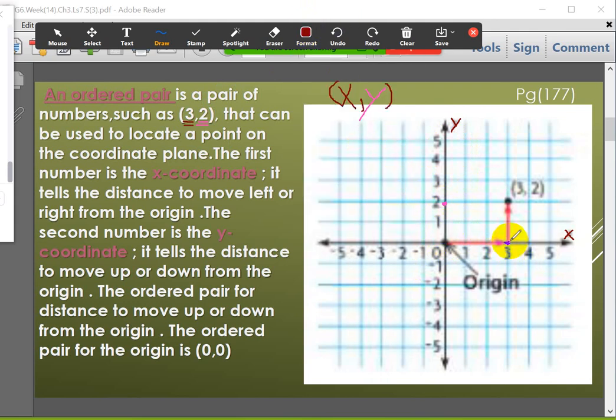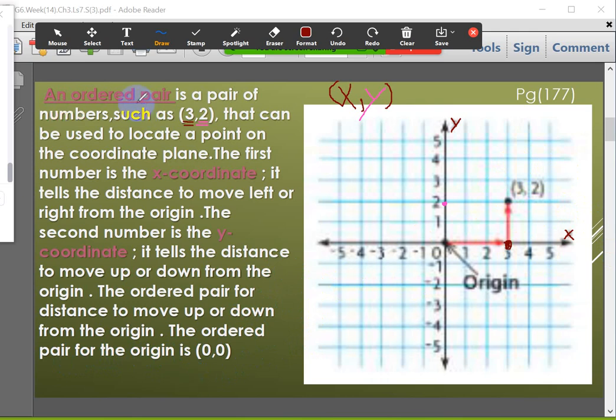So the x coordinate is 3 on the horizontal number line. The y coordinate is 2, so it will be on the vertical number line. The ordered pair for the origin, I will explain after this point first. Then I will talk about the 0 point. Look, girls,